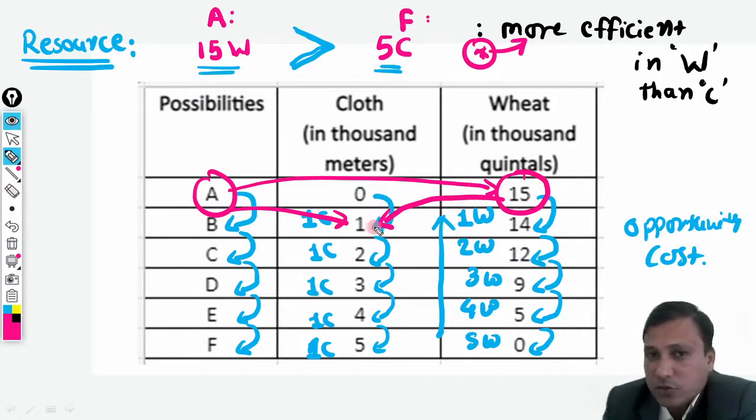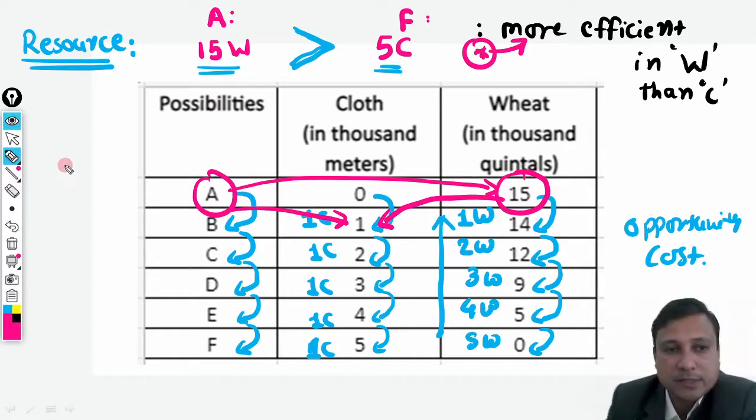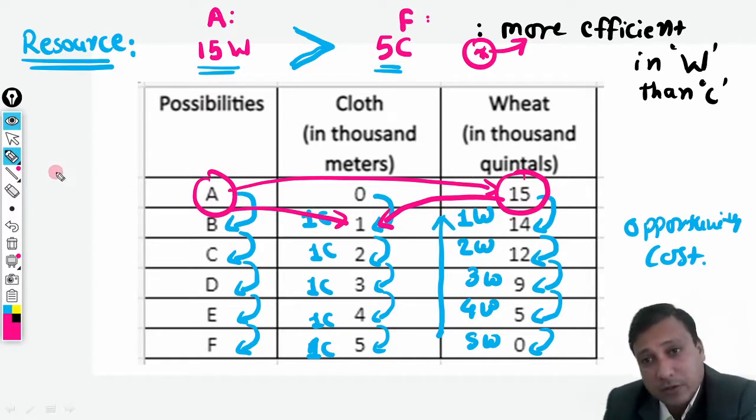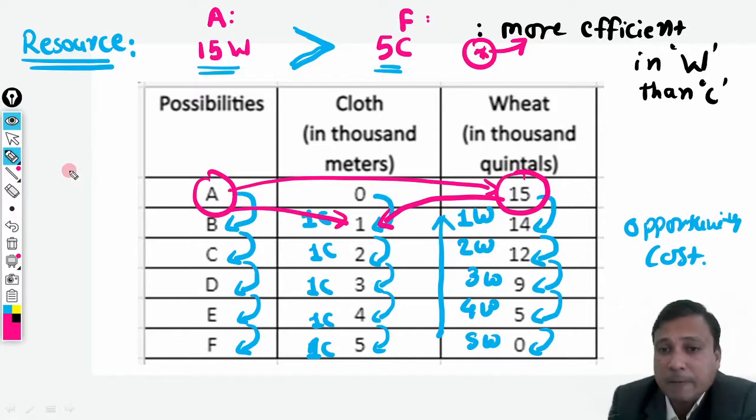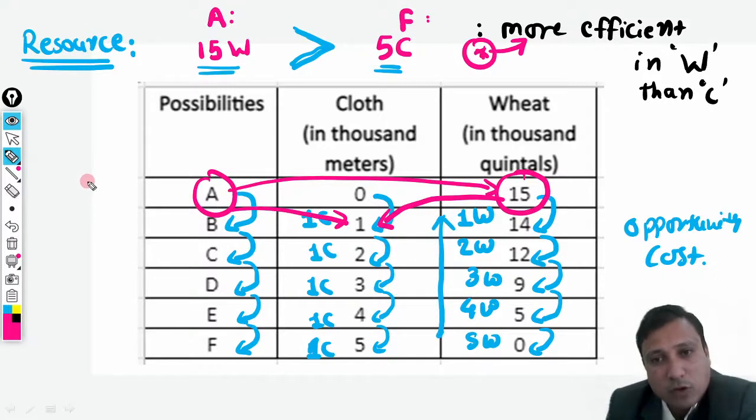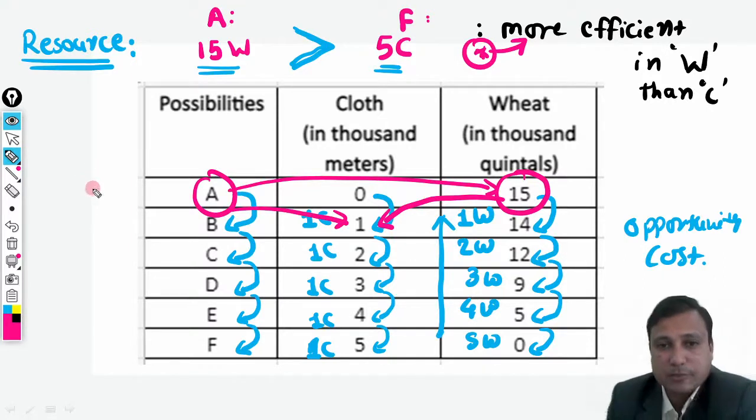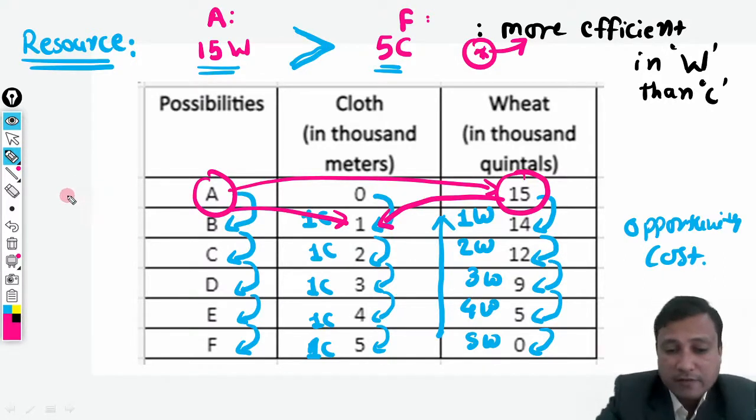They get transformed to the production of clothes. Fine. And that is why we call the production possibility curve a transformation curve. As I promised you in the previous video, when we see the graph or the table, we are going to see why we call the production possibility curve a transformation curve. I hope you have understood this.